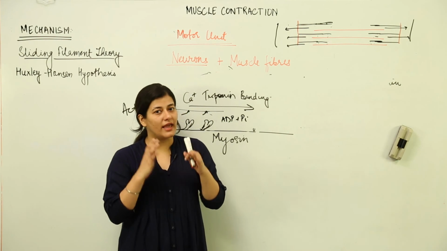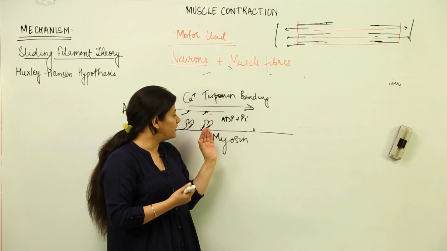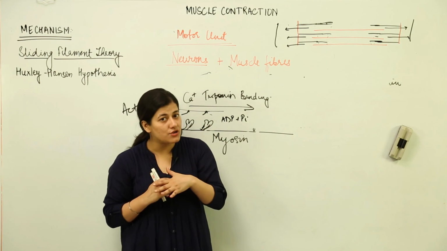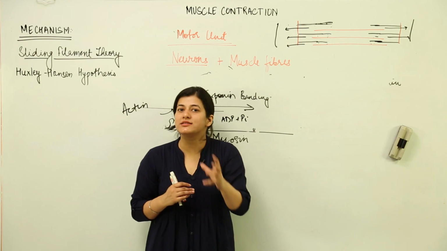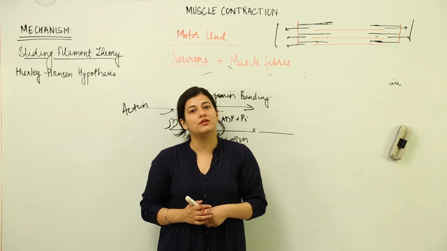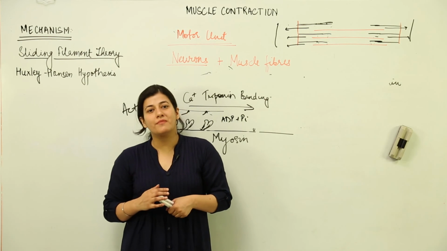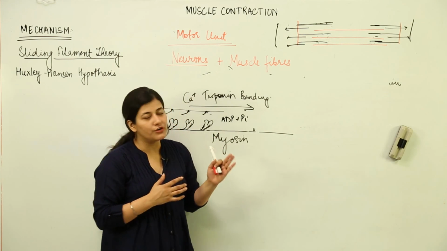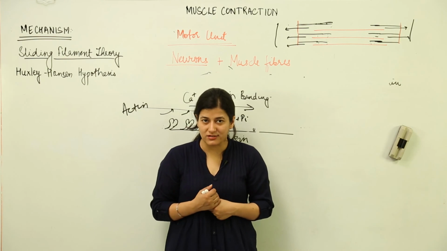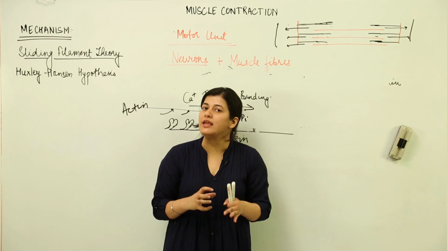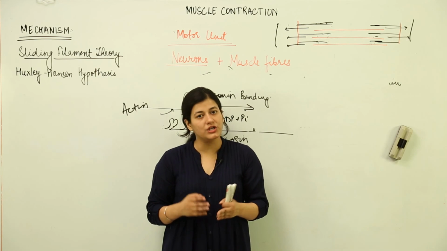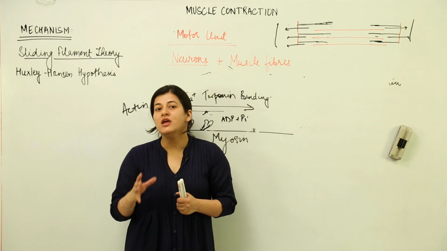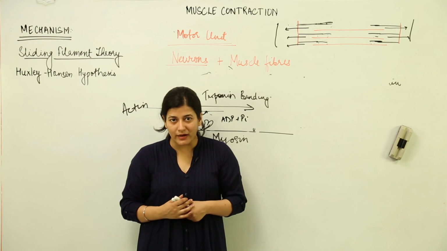So this is all about muscle contraction, a few of the terms that you had to understand, and a few of the mechanisms. The only mechanism was that the cross bridge formation has to take place between the actin binding head of myosin and the troponin masked sites, which were exposed due to the release of calcium ions. So what you have to remember is that calcium ions are very, very important. At times the activity of calcium ions is also reduced by the presence of magnesium, but calcium is very, very important for muscle contraction.